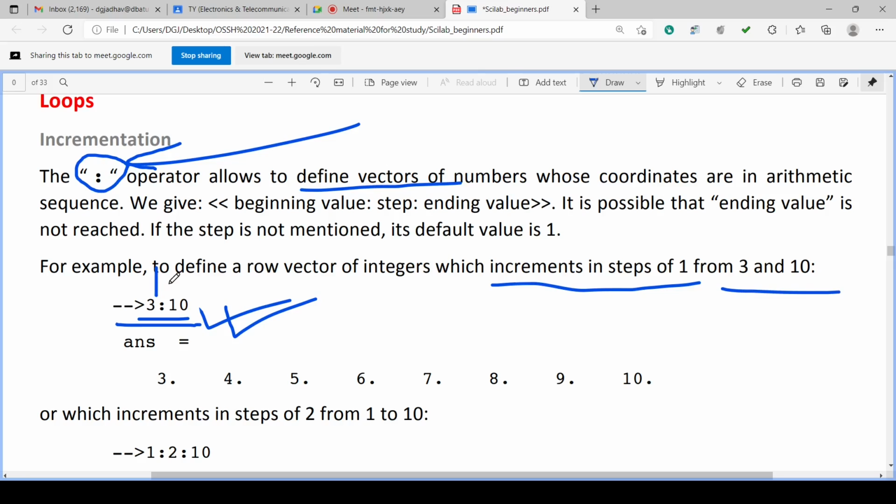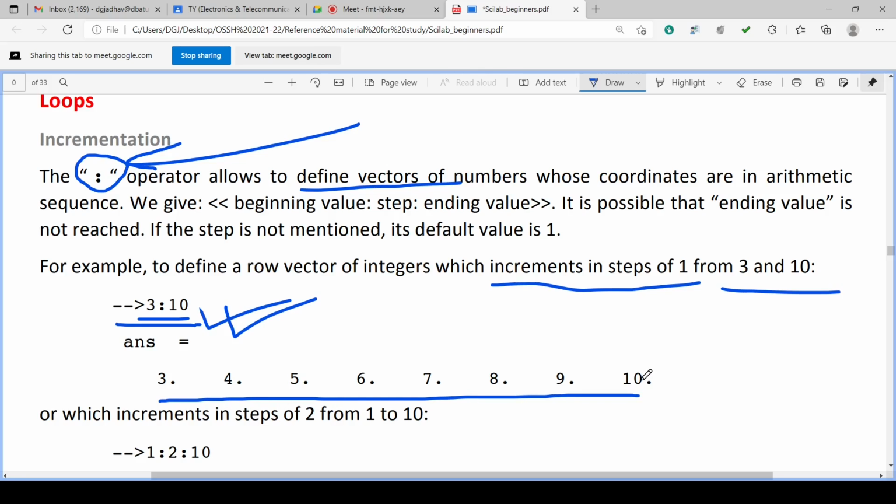So in this way, 3 colon 10 means increment by step of 1, and it is from 3 to 10. So it will be 3, 4, 5, 6, 7, 8, 9, 10.